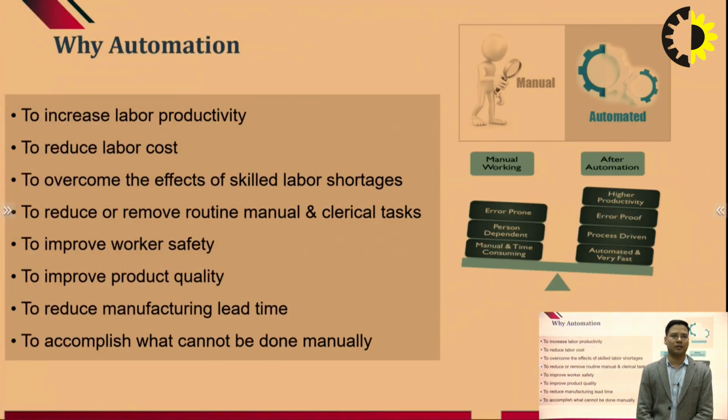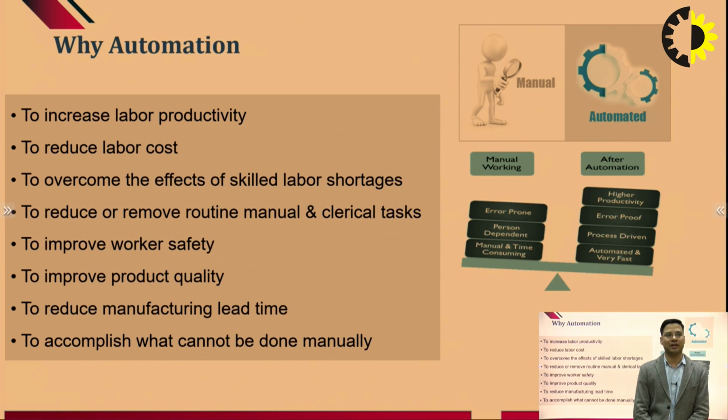So why are we actually going for automation? Automation gives us some advantages. We need reasons to justify why we are shifting from one form of work process to another. When industries need to be at par with the production requirement or the desired requirement of the market, we need to upgrade the existing infrastructure with machines, and certainly this will lead to increased productivity.